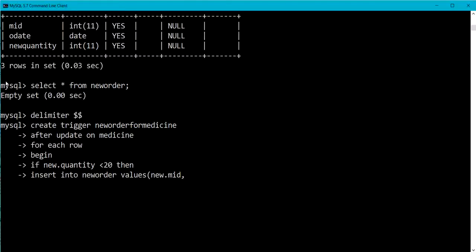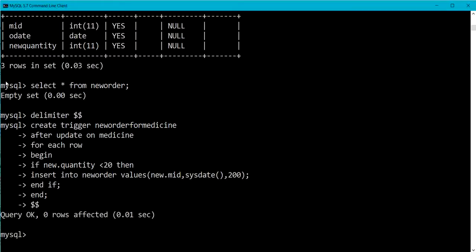Here we are using the new keyword, new dot MID, then system date and the quantity to be inserted. Okay, completed the insert statement. Now I am going to complete the if construct by using end if, end the stored procedure, and use the delimiter. So here the trigger new order for medicine is created.